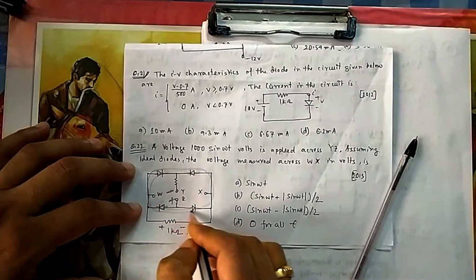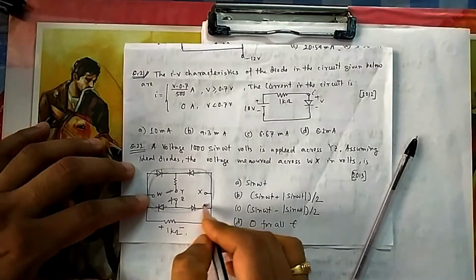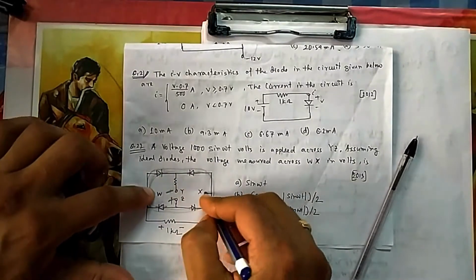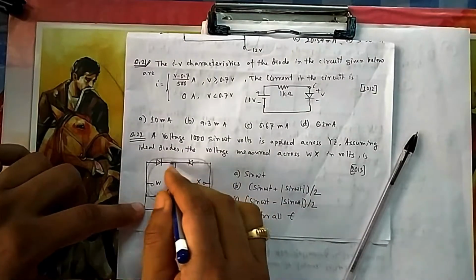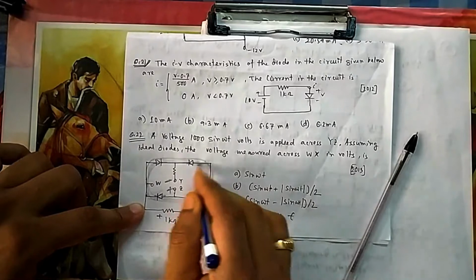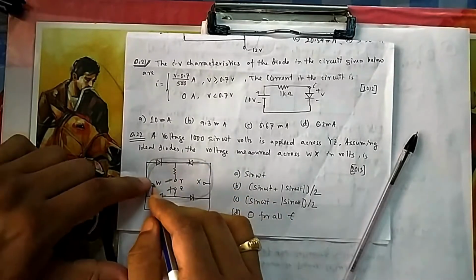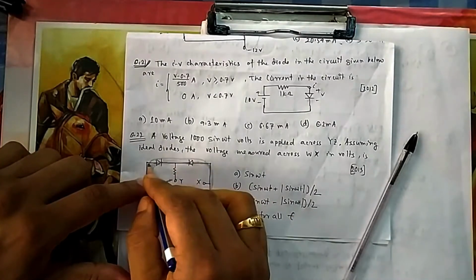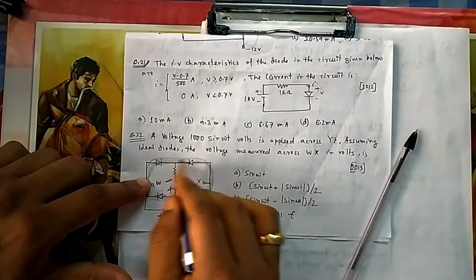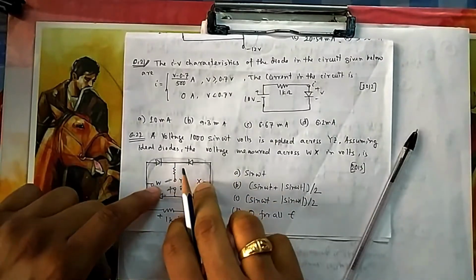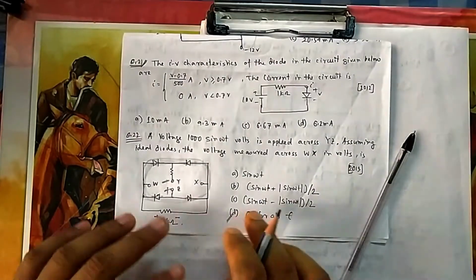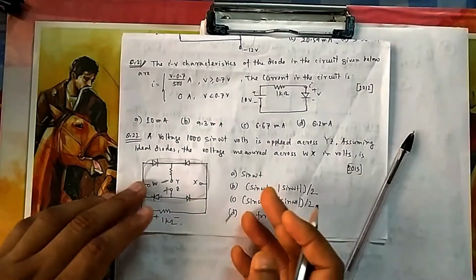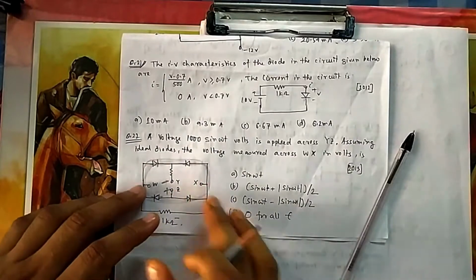So you can find it is a simple path and all are at same potential. So what will be the difference between W and X? It will be 0. You can see, because this is a simple short path, same line only, nothing is in between them. So whatever voltage here, it will be same along this path, because this path is a short circuit path. So W and X, the voltage will be always 0, because in positive half also 0, because no one was conducting. In negative half all are conducting, that's why it is 0.